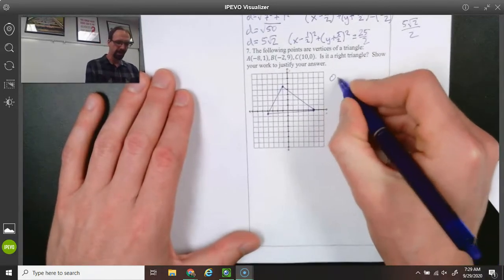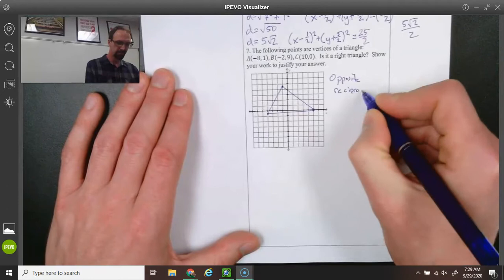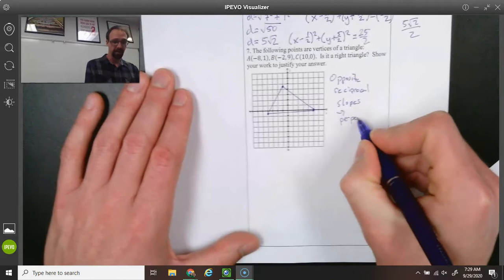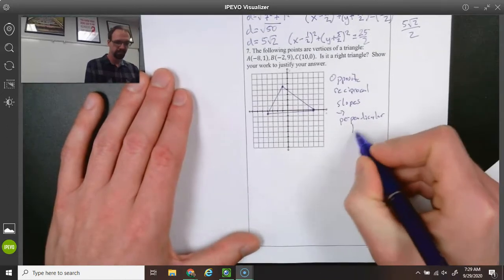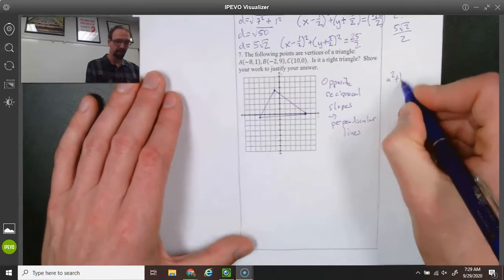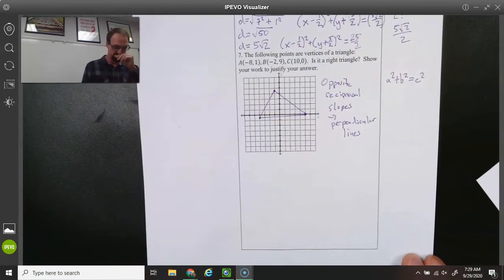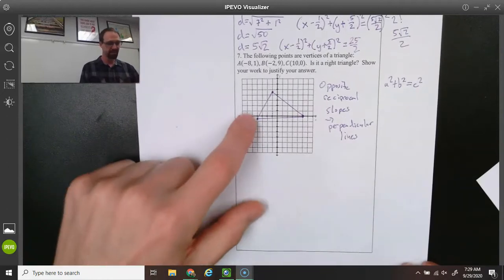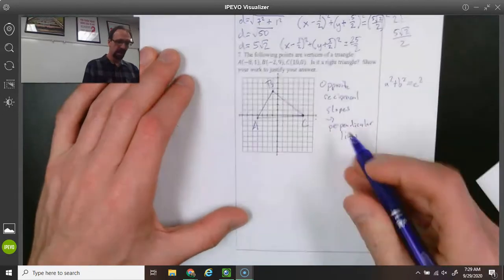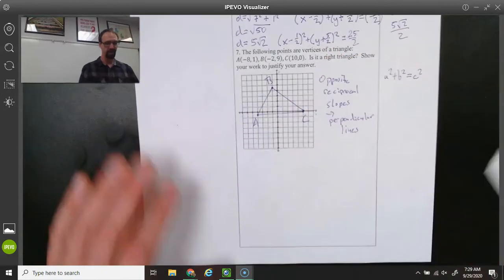So for here, just kind of knowing that going forward, I could have two ways. One way is opposite reciprocal slopes, because then that would mean they're perpendicular lines. Or what I can have is a confirmation of the Pythagorean theorem, a squared plus b squared equals c squared. That would mean I need to find the distance of all of these values. Opposite reciprocal slopes, I would just need to find the slope of this line and this line. All right, so moving forward,